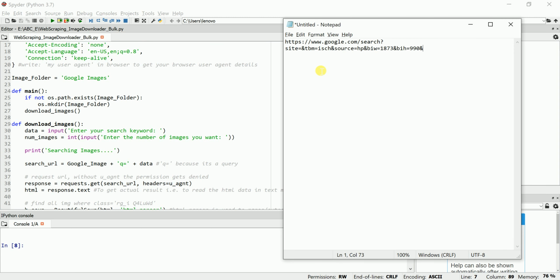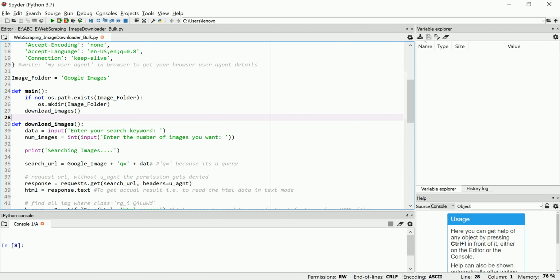First it will come here like this, Google image, then after the ampersand, q equal, then the data. If you are searching the keyword dog, it will be directly like that, or if you are looking for roses, it will be directly like this. So I'll put dog here. I'll show you whether in this link the required data you require is coming or not.